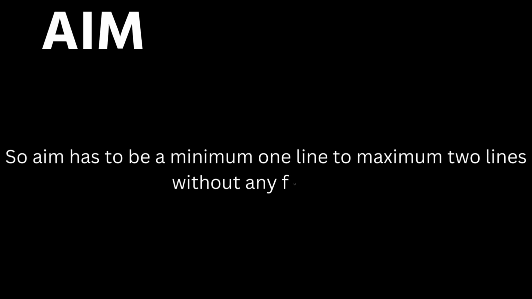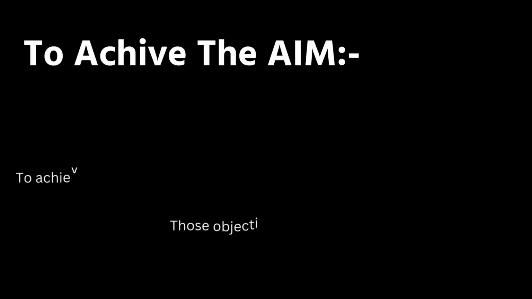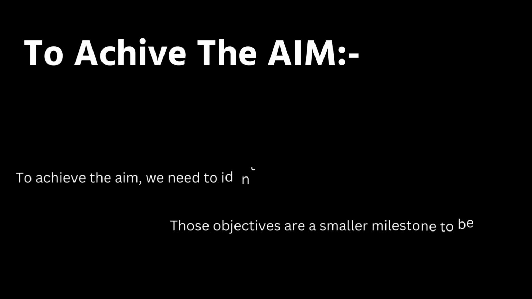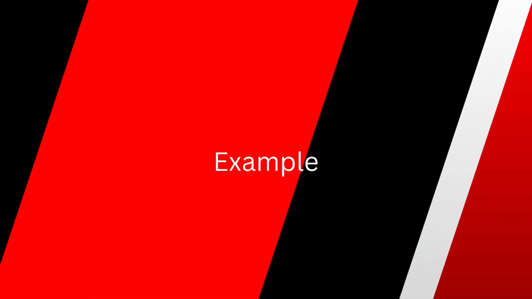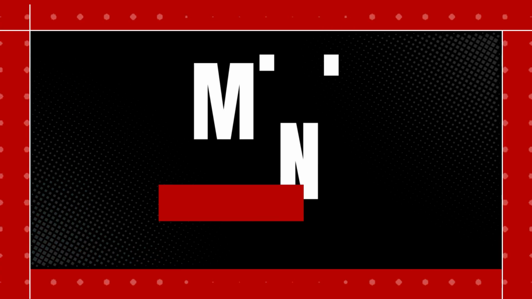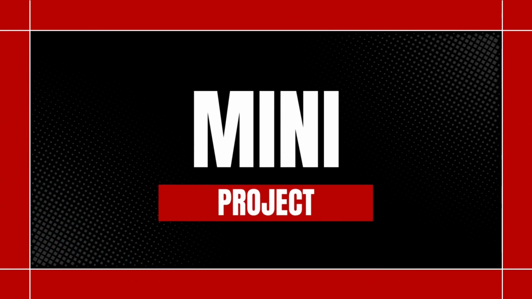So aim has to be minimum 1 line to maximum 2 lines without any full stop. We had also discussed that to achieve the aim, we need to identify the objectives. Those objectives are smaller milestones to be achieved to achieve your final goal. Your final goal is your aim or your problem statement. So for example, we will take this mini project, which my students had done, and today